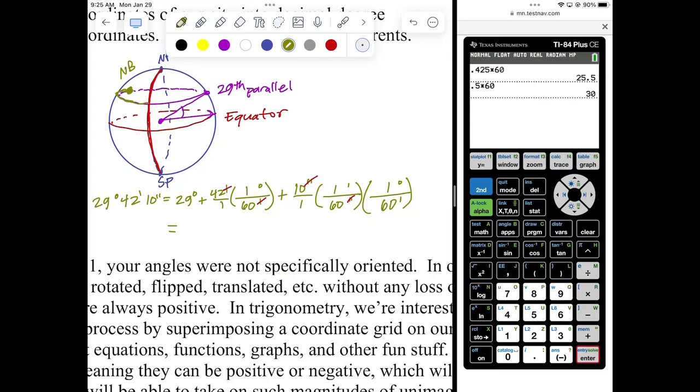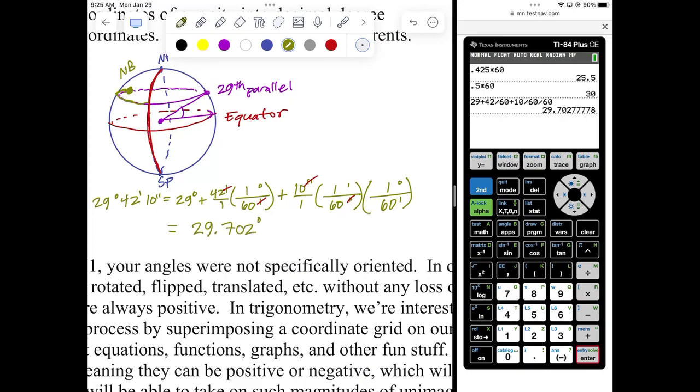Now we just type this into the calculator. And you don't put units on your calculator because the units are already taken care of. So you go 29 plus 42 divided by 60 plus 10 divided by 60 divided by 60. We just literally divide by 60 twice. We're literally just typing in what we have on our paper. We don't have to worry about the ones, do we? Because dividing by 1 and multiplying by 1 doesn't change anything. All right, so does that look good? We hit enter, and we get